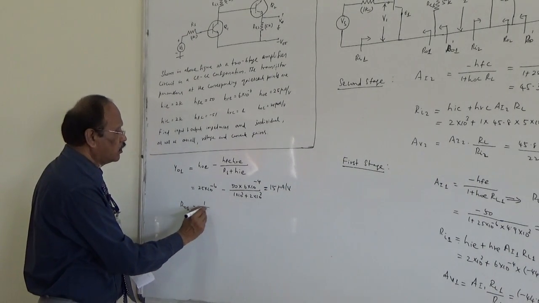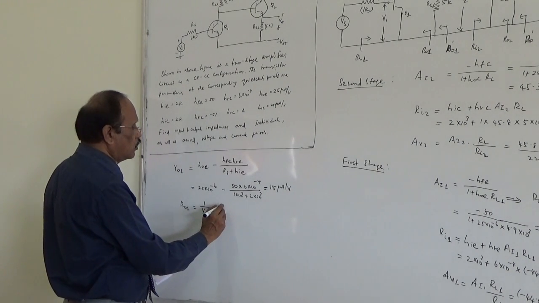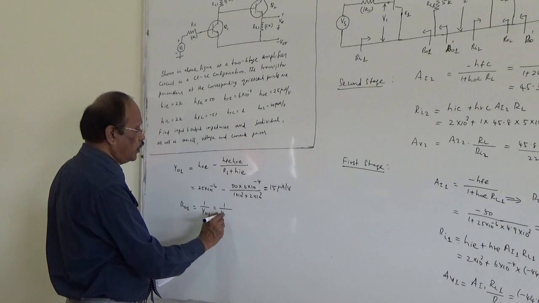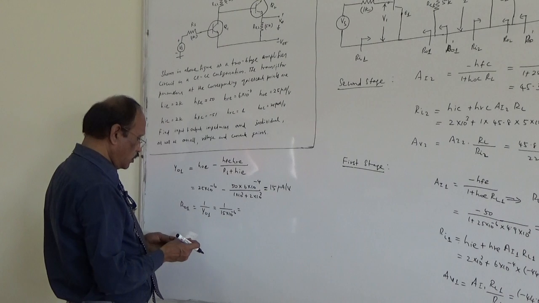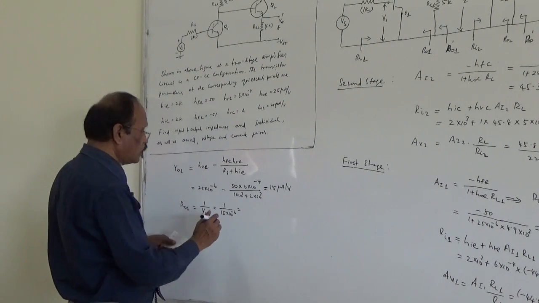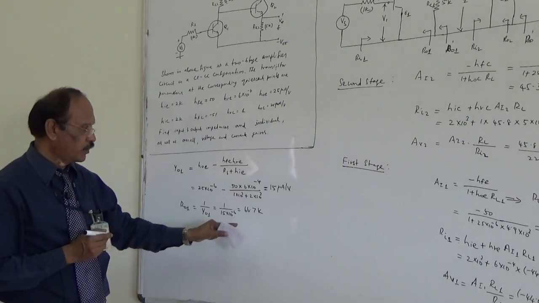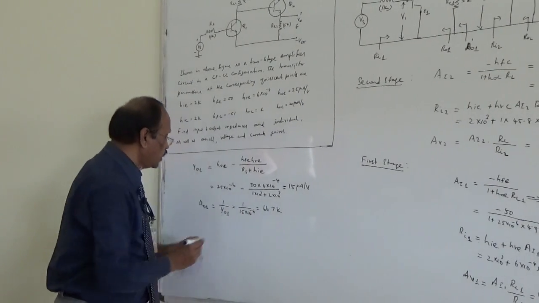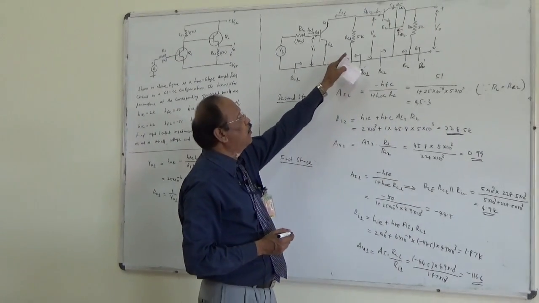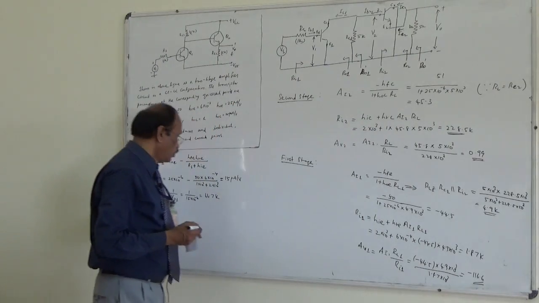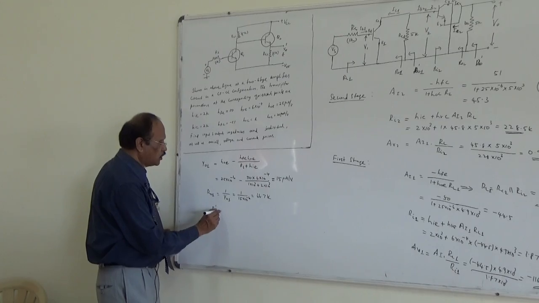So you can take the reciprocal, 1 by YO1. So this gives you 1 by 15 into 10 power minus 6. So that will become, if you see, RO1 is equal to 66.7K. But again this is only RO1 here, but this will come in parallel with your load resistance. So your RO1 dash, the effective output impedance, is given as